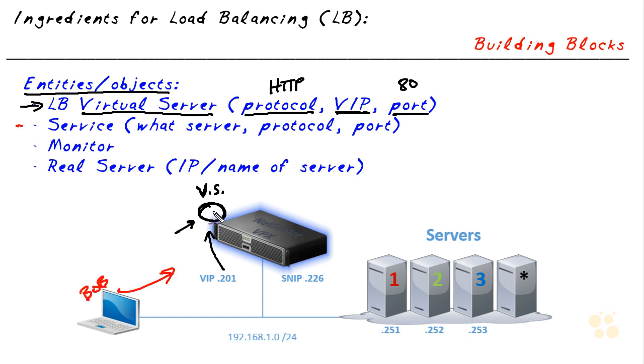So at this point in our story, with just the virtual server defined, if Bob sent an HTTP request to that address, the NetScaler would be in trouble. Because although the virtual server knows that it's supposed to support HTTP, it knows the IP address and the port, it has no